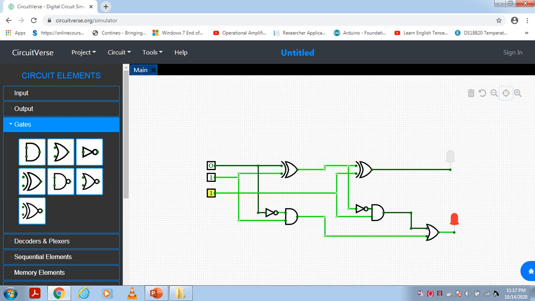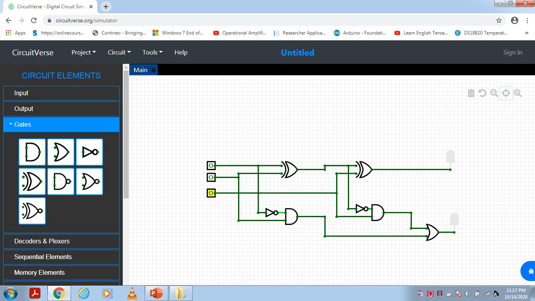The next input combination is 4, so binary representation is 1 0 0. For input 1 0 0, difference is 1 and borrow is 0. The next input combination 1 0 1. Both difference as well as borrow is 0.